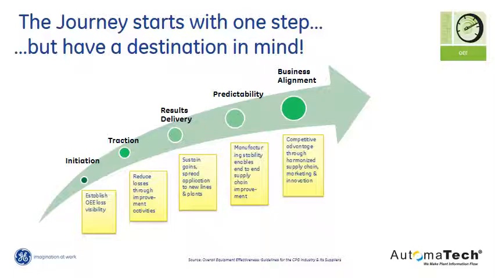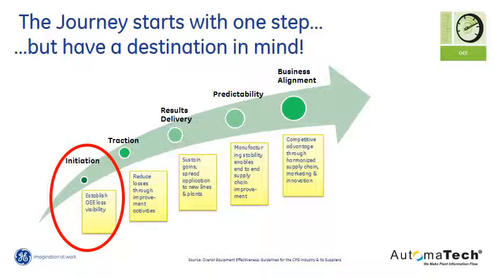So in this diagram, what we see is we want to initially start with an OEE loss visibility. We want to know what's going wrong with these machines and how we can fix them. We're going to gain traction by improving this over larger portions of our environment, getting more people involved with this new concept of visibility through OEE. We can start delivering results, applying it across the entire plant, and it's going to make us more predictable. We're going to be able to hit our schedules on time. We're going to be able to do more with less raw materials, with less machines, and we're going to move